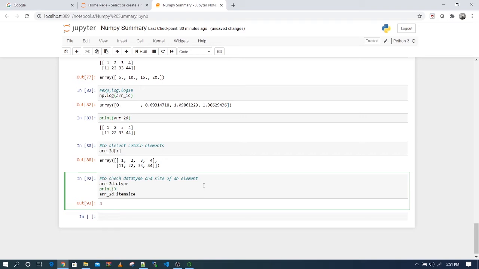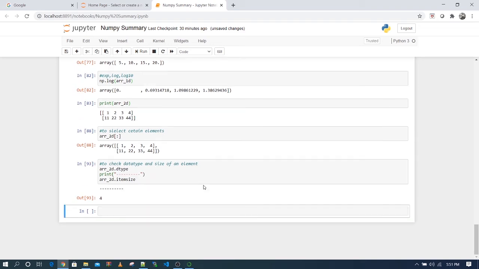Segregating the two just to get clarity. Dot dtype. Why I'm not getting this, I don't know. Let me print this in a separate line.